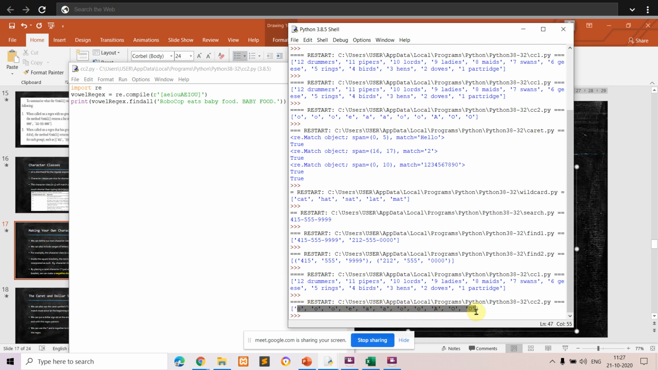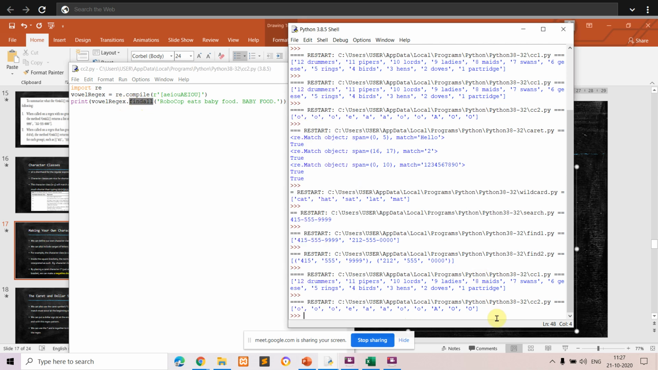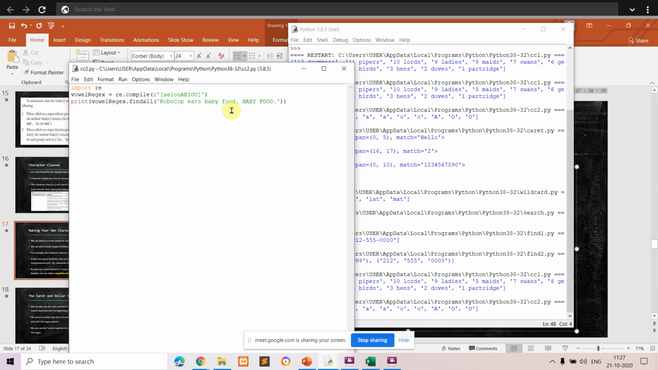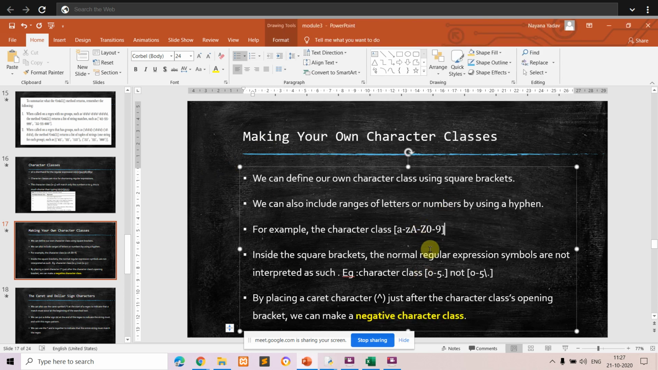The characters are displayed in the form of a list, because the function we have used is findall. So within the list you have all these items, which are nothing but the matched characters from your given string. Okay, so this is about your character class. Remember, a character class always begins with a square bracket and ends with a square bracket, and inside this you can specify your